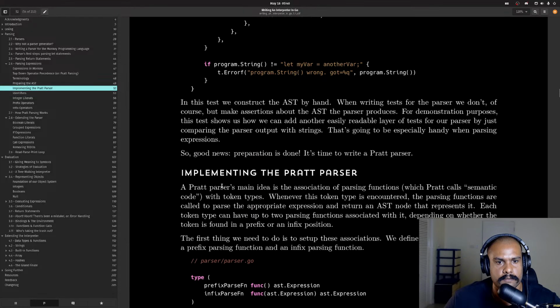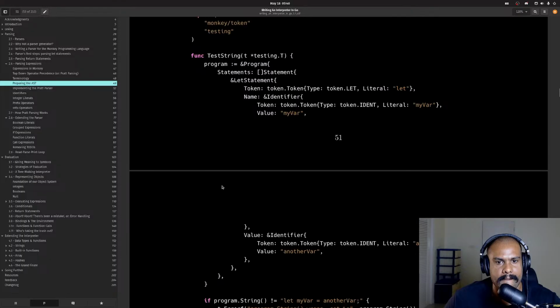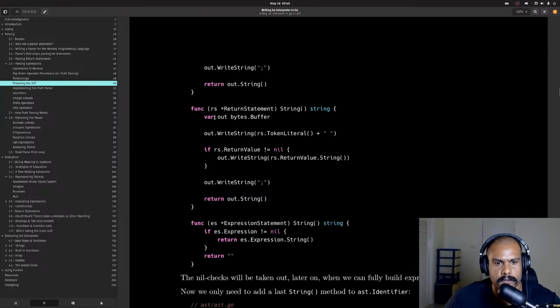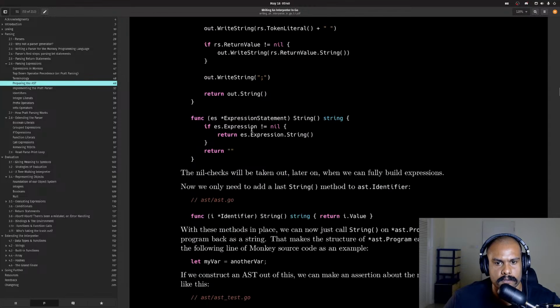Identifiers. No. Booleans if, hang on. No, this is